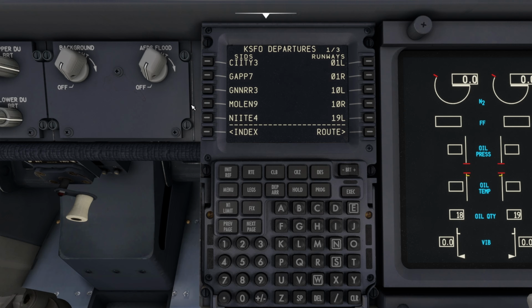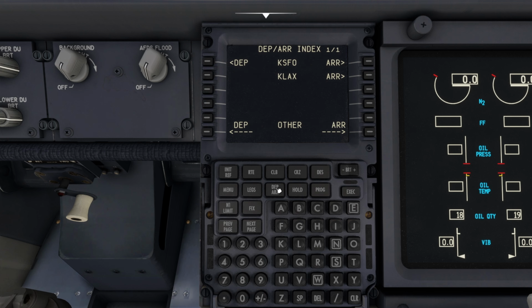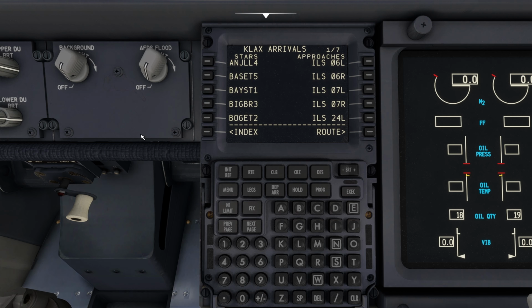So let's take a look. We are at San Fran departures, and we're going to go ahead and select Wesla 5. Let's click on that. We're going to select 28 left. Let's click on 28 left. That's selected, and we're going to select the Susie transition. Okay, so that is ready to go. Very nice. Let's head on over to arrival, however,